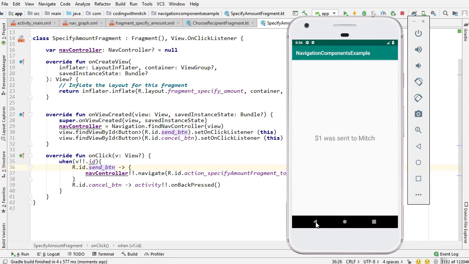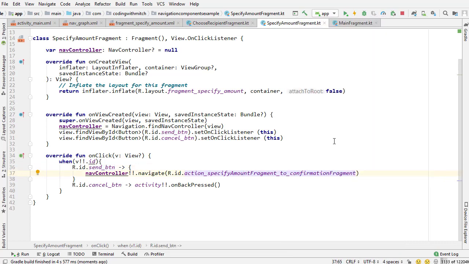That's just some default text that's showing on the view. So now that we have the bare bones, I should test the cancel button actually. That works, and that one works too. Okay, so now that we have the bare bones navigation all set up, now we can add animations